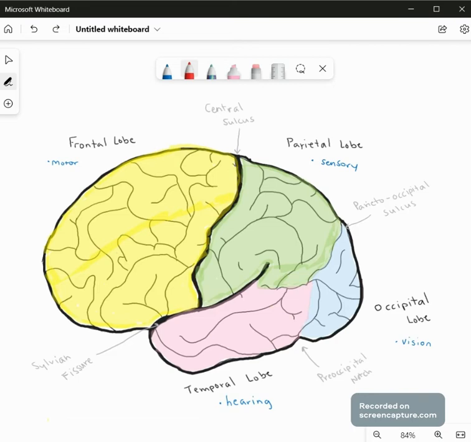Then you have the Sylvian fissure right here, and that separates the temporal lobe from the parietal lobe and the frontal lobe. Then you have this preoccipital notch. It's a handy dandy little notch that separates the temporal lobe from the occipital lobe. And finally, an imaginary line called the parieto-occipital sulcus that helps separate the parietal lobe from the occipital